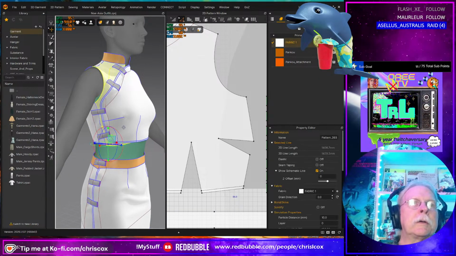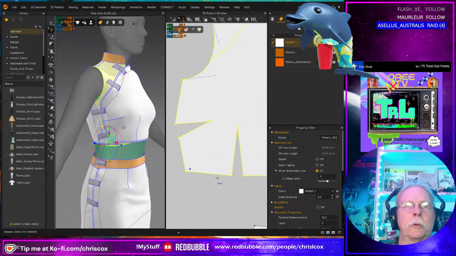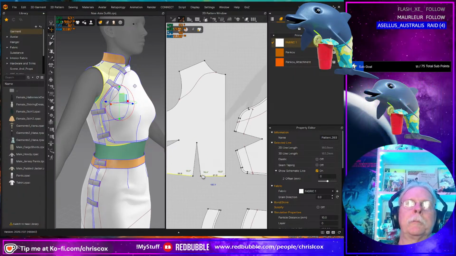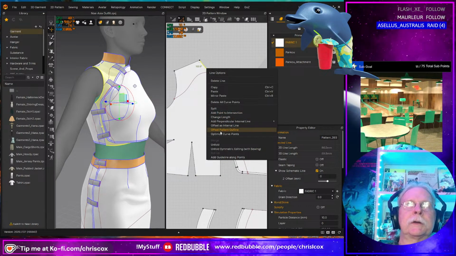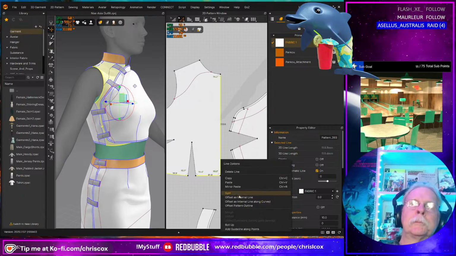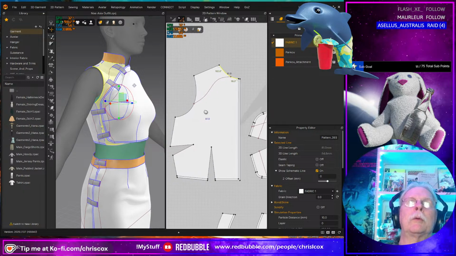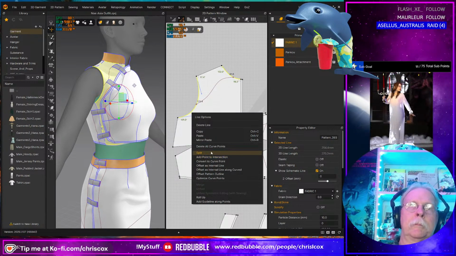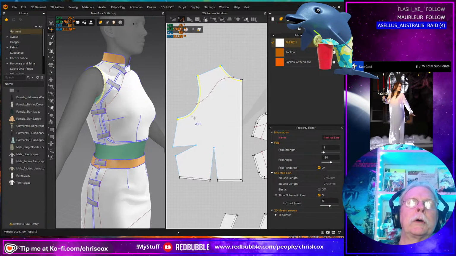Oh, but I do need to come through here. So we're going to run through here and here. And then run that straight up to there. I think before I do that, though, can I just do an inset? Actually, let's do this. And can I cut and sew that, or is it too complicated? So that's fine. And I want to put one there and there. We'll cut and sew those.